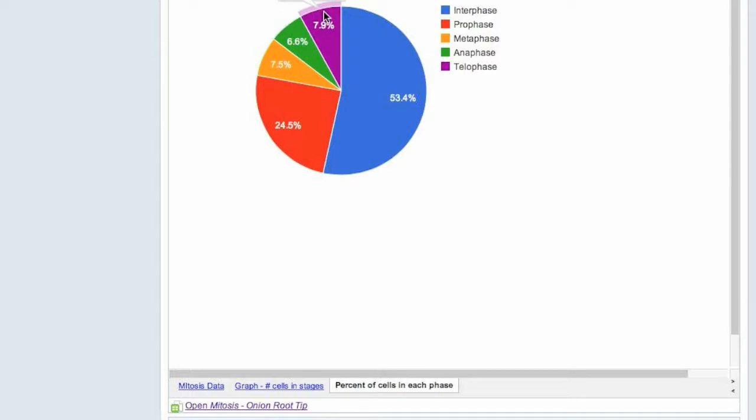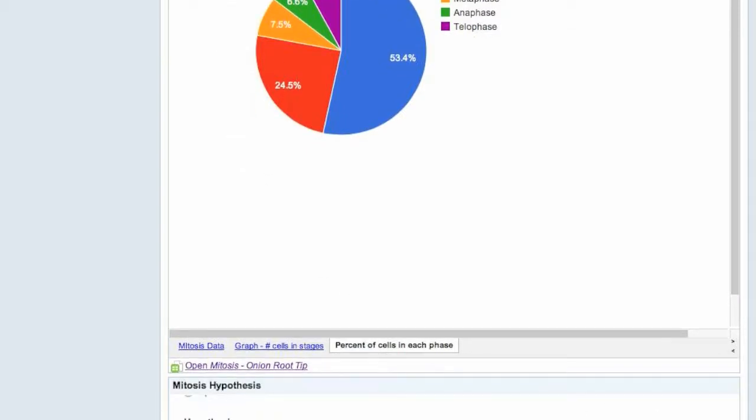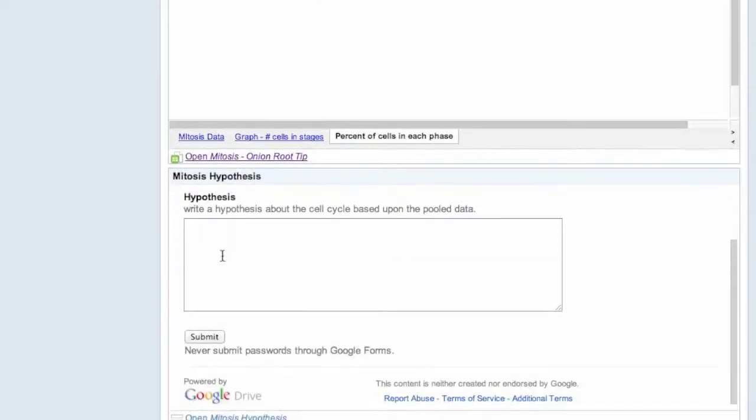Now, the question is, what do you do with this data? Again, rather than just drawing nice little pictures and so forth of the various different stages of mitosis, we want the students to do something more analytical, something more in line with the goals of the Next Generation Science Standards, Dimension 1, in terms of the science and engineering practices. So we're going to have the students enter their hypothesis here. You'll see that there's another form right here,